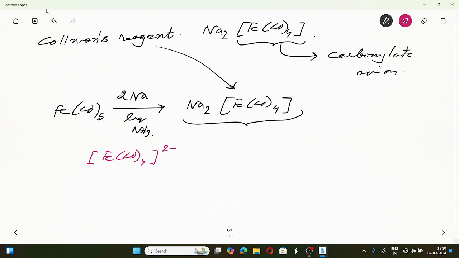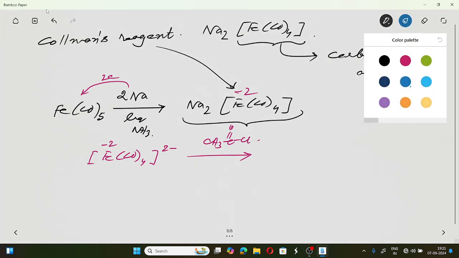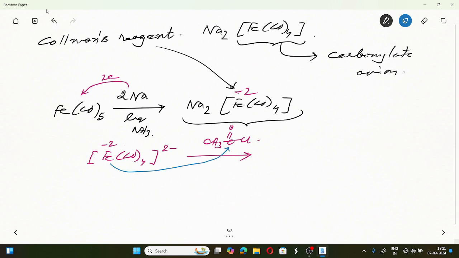Obviously -2, কারণ দুটো সোডিয়াম দুটো ইলেকট্রন দিয়ে দিয়েছে এখানে, তাই এটা -2 হয়ে গেছে, তাই তো? তাহলে at this lower oxidation state, now when this is treated with CH3COCl, so what happens? See, this is in -2 oxidation state, so this will behave as a nucleophile, chloride বেরিয়ে যাবে, so the product will be what? FeCO4, আর এদিকে দেখো COCH3 হবে।